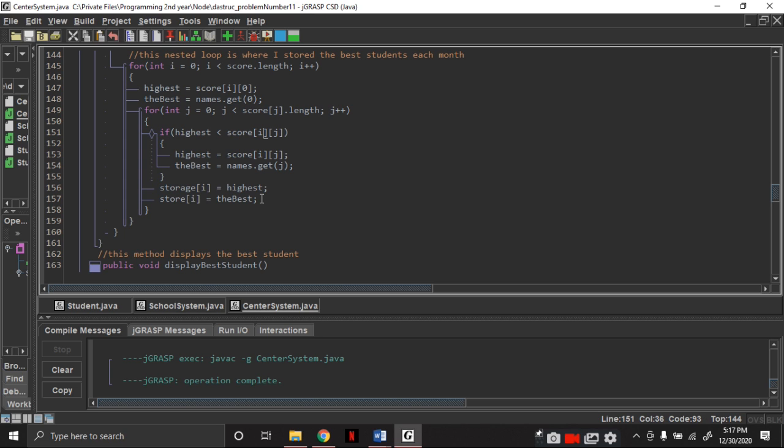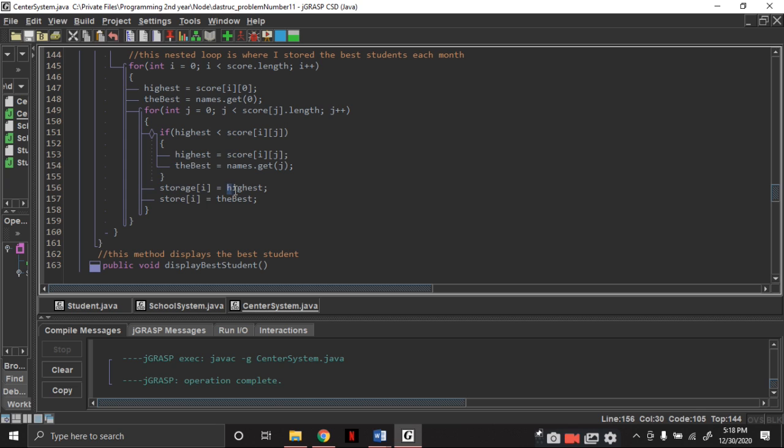So it's still 0 here. If highest, so 0 sub 0, is lesser than score sub 0 and 1, wait, oh yeah, 0 and 1. So if the next student is higher than the current student, then the current student will be replaced by the next student as the highest among the students, and then it will just get the name here.